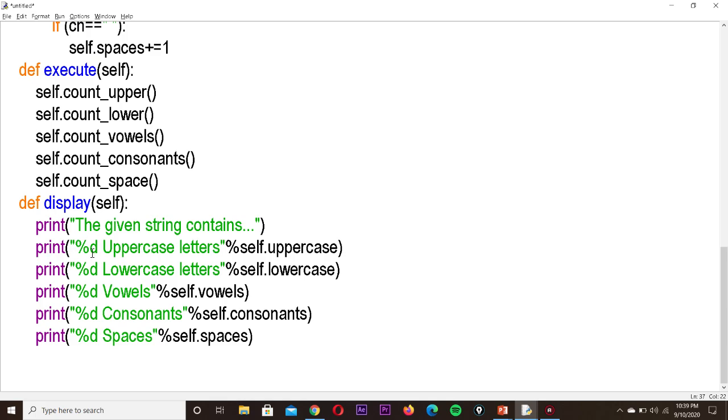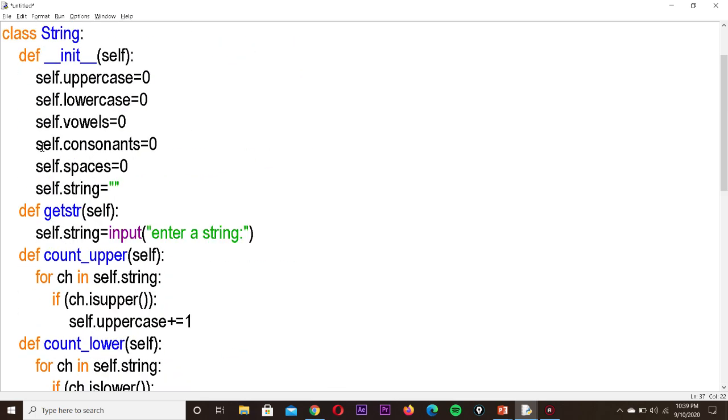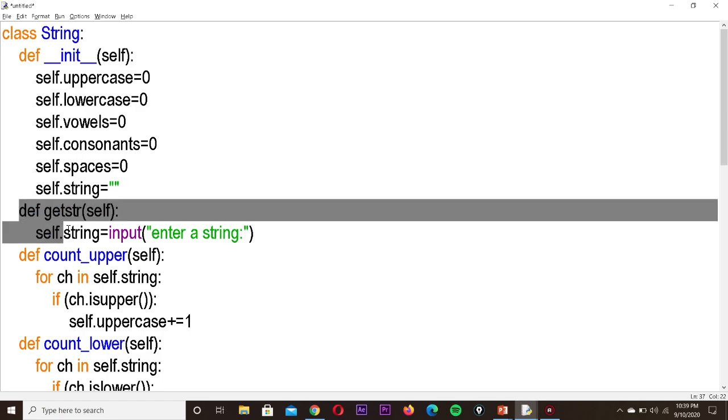Okay, next one is the same thing for lowercase letters, vowels, consonants, as well as for the spaces. So we have defined all the functions inside the class. First, the constructor function we have defined. Next one is the getStr function, which is used for getting the input.